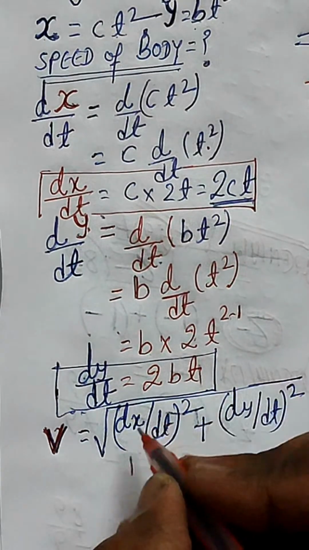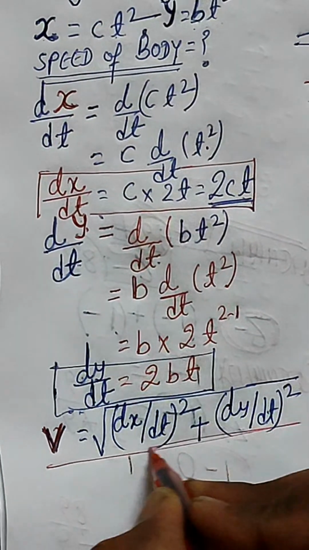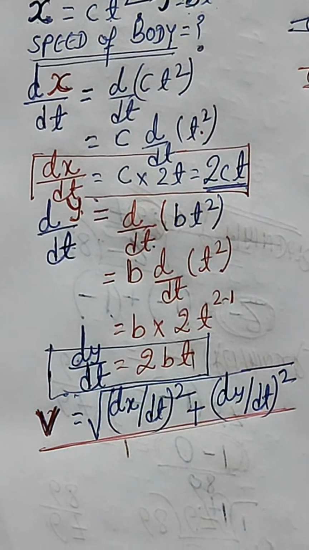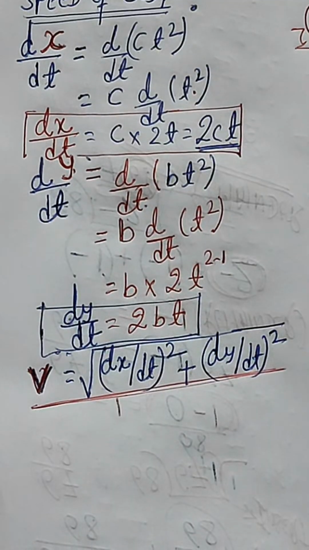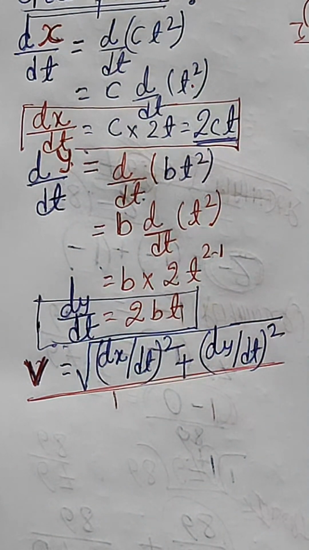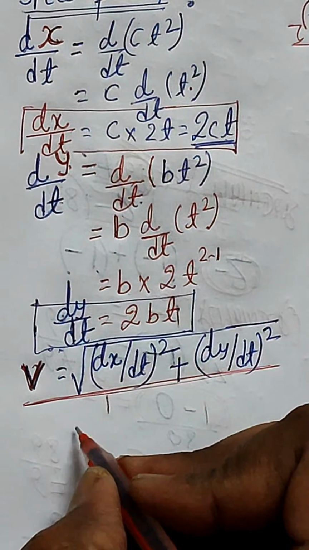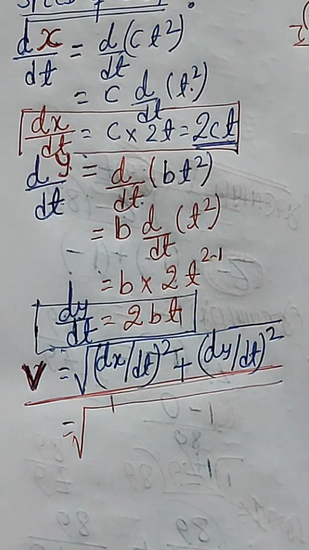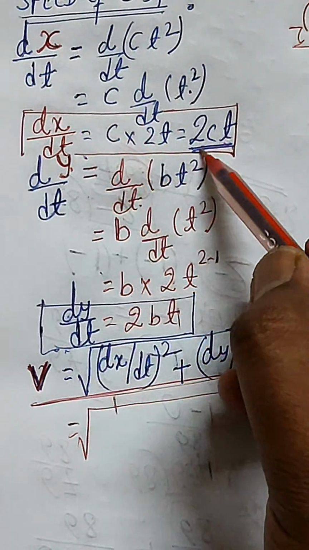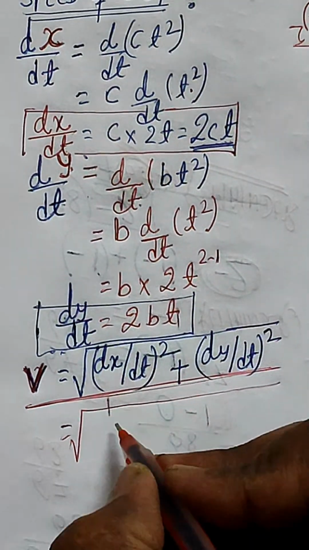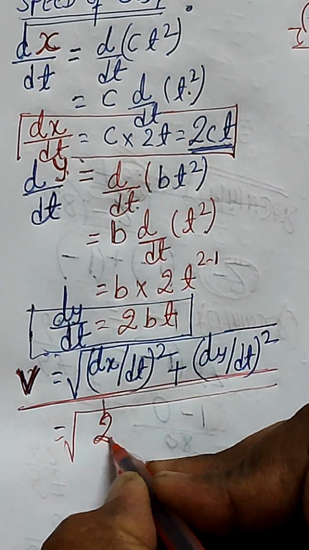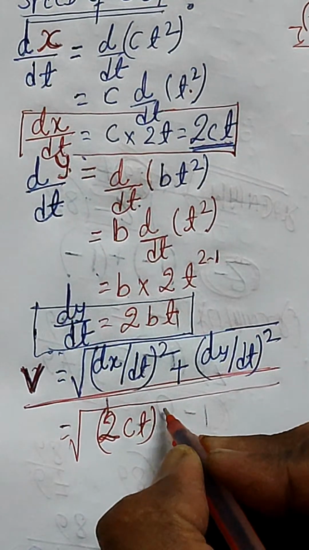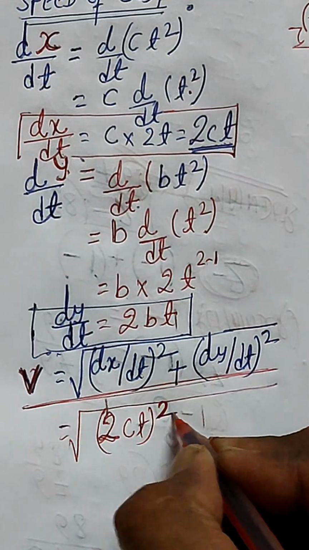So this will give you the velocity, but we should have calculated it and just bring it to its normal form. So just put the value of dx by dt. The value of dx by dt we have calculated as 2ct. So put the value of 2ct over here, and a square of it, right,